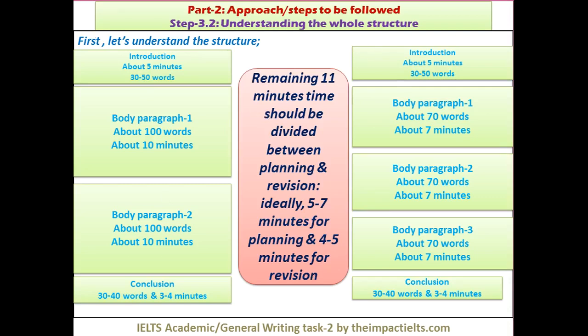So you can see there, if you're writing 2 body paragraphs, it will be like this. So first, the introduction should take about 5 minutes. You should write about 30 to 50 words. Let me tell you, these are not the thumb rule. These are recommendations you should try to follow for academic writing, right? Then the first body paragraph, if you have 2 ideas for supporting and 2 ideas for opposing, or if it is discussion type like causes and effects, in both cases you have to write about 100 words. It should take about 10 minutes for you. Same is in body paragraph 2, and the conclusion should be 30 to 40 words,